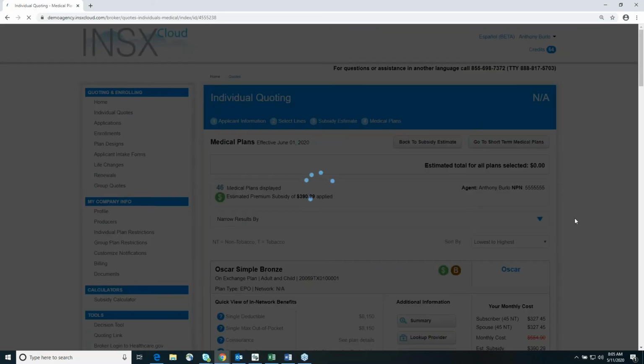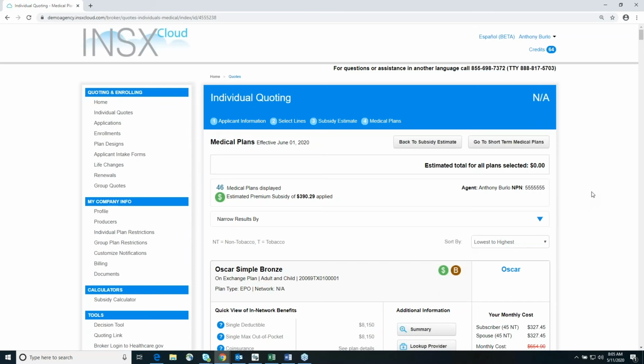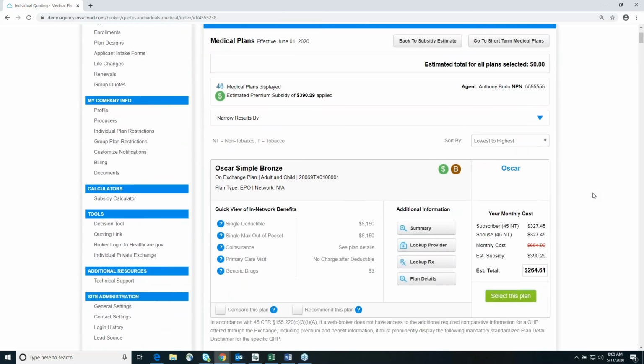And what you're going to see here is it's going to bring up the ACA options first. Just on a high level, you're going to see the carrier over here on the right. It's going to give a metallic level indicator. It's also going to indicate if it's eligible for a subsidy. You're going to get a nice snapshot of just the plan name. So this is the Oscar Simple Bronze that showed up first. This is an EPO option, and then it's going to give you some snapshot of the basic benefits, deductibles, any